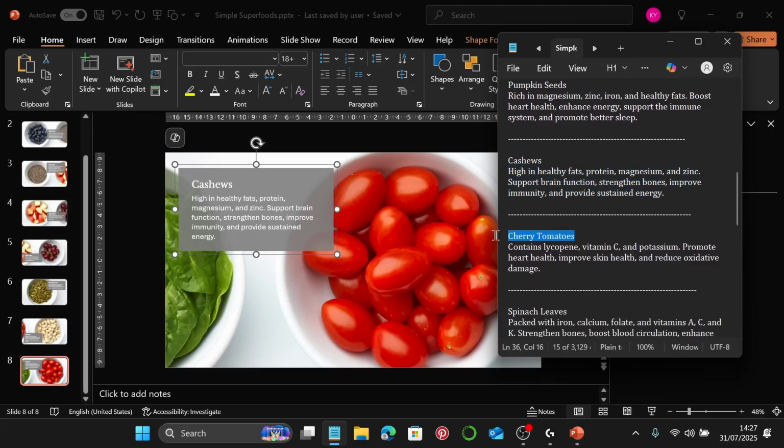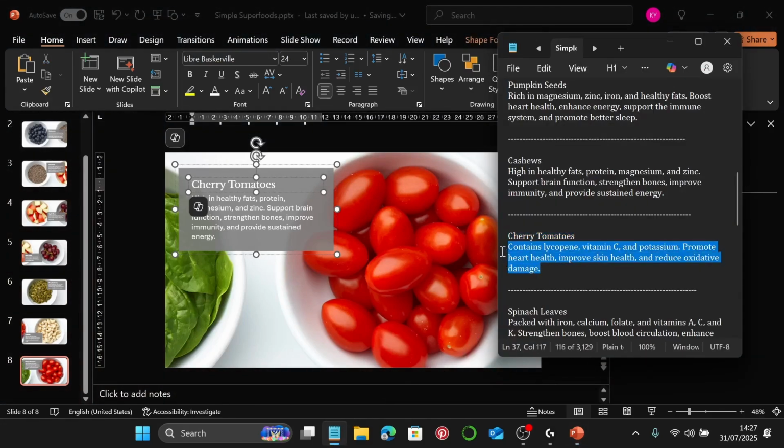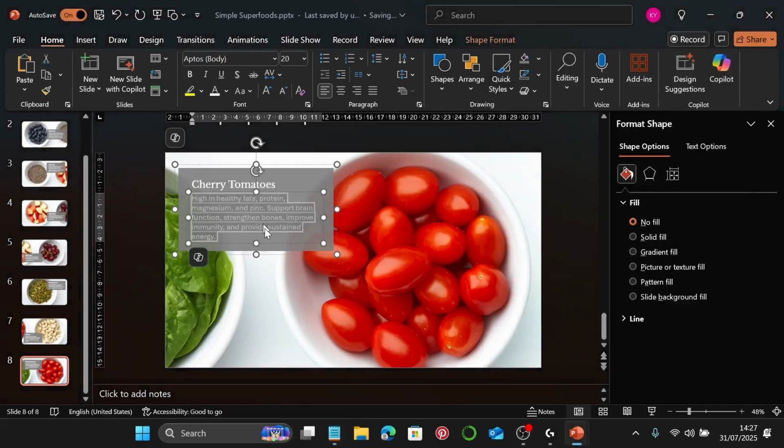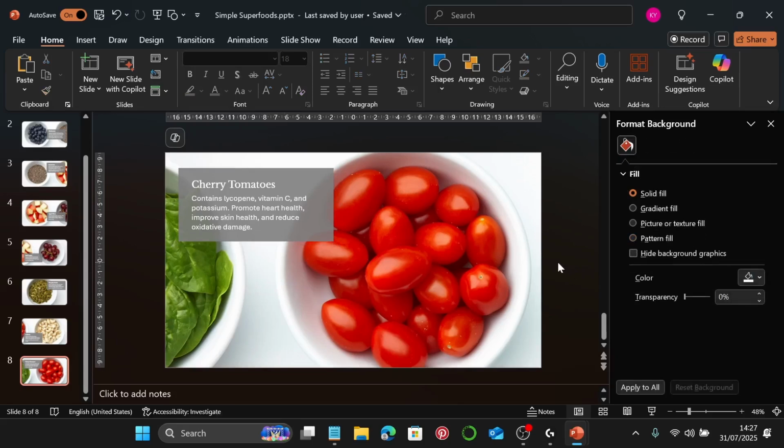Scroll down. Okay, it's cherry tomatoes, and I'm going to paste that here. Go back to our text, copy the body text, and we're going to paste that here. Now we'll also reduce the height of our rectangle, and once again select the slide, Ctrl D to duplicate,